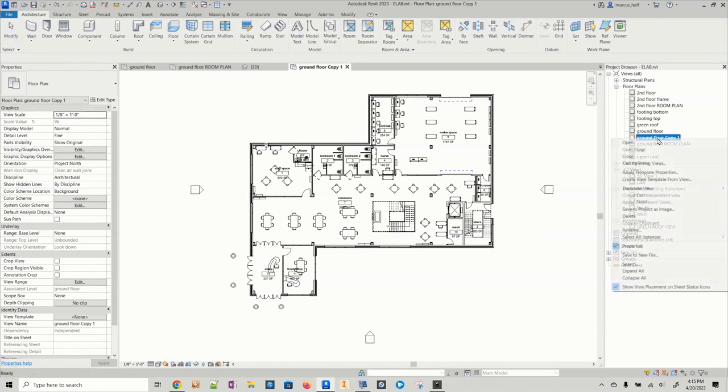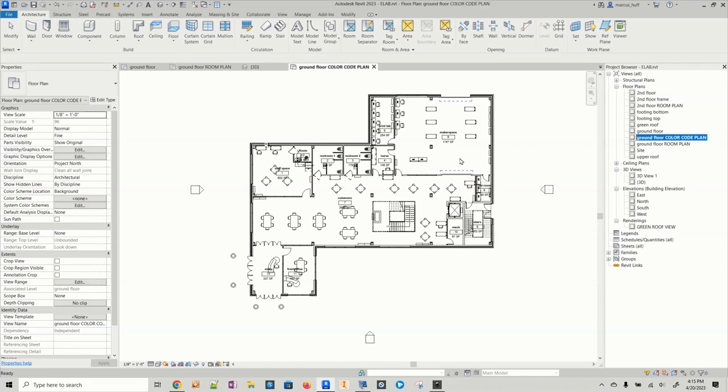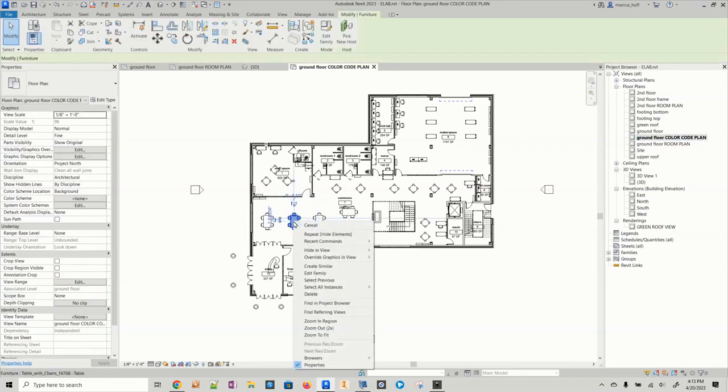I'm going to go ahead and rename this as my color code plan. Something that lets you know this is a floor plan that's color coded. I could go through and choose each piece of furniture and halftone it, but there's a shortcut. So if we override graphics view by filter,